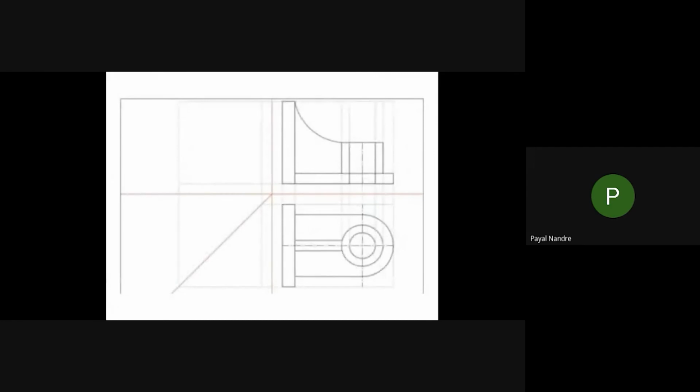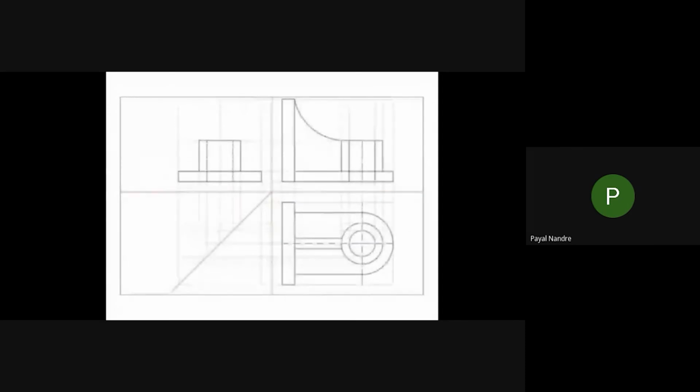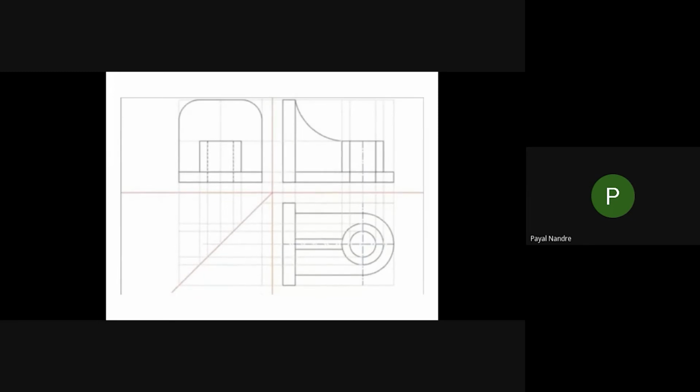After we complete the front view, we will take all projections from the front view as well as from the top view to the side view. Now we will draw the base plate and the rectangle showing the circle in the side view. We will represent the circle with a hidden line so that we can imagine that it is not directly visible. After that, we will draw the outer curvature parts of the object.